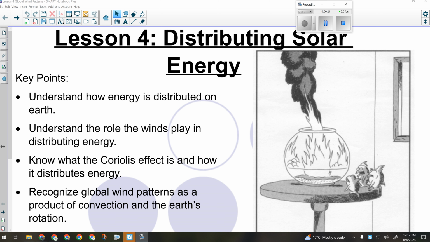It can be related to albedo because some parts of the Earth heat up more quickly than others. That can cause the movement of air because of the second law of thermodynamics. So it all kind of ties together, but we're going to talk specifically about the wind patterns that we see on Earth and why. And then after that, we're going to go into specific heat capacity, which is